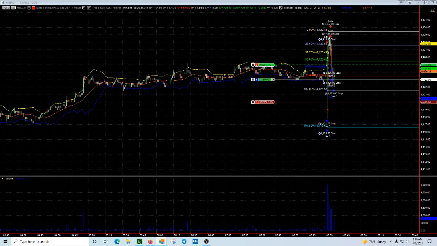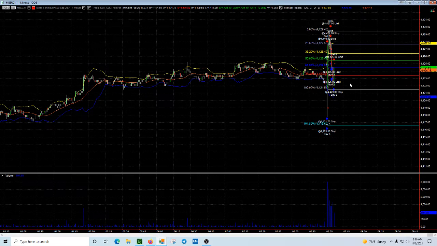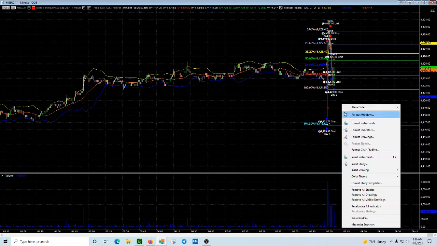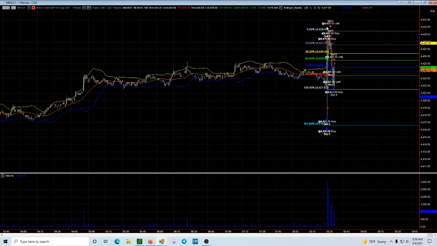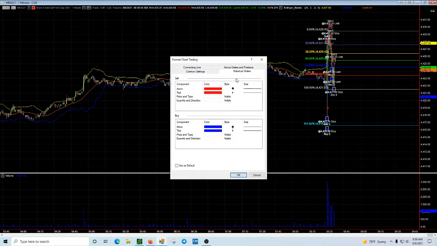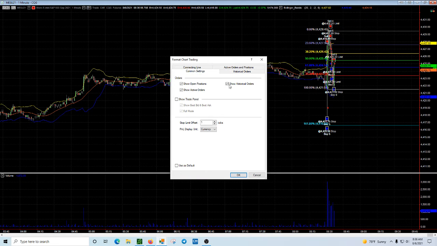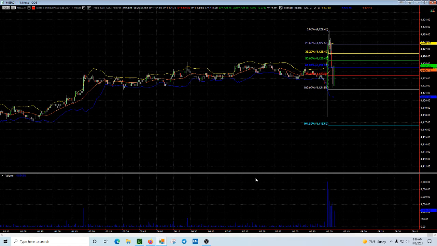Being that it did return all the way to pretty much, as you can see, the 100% Fibonacci level. I don't expect it to. I kind of want to leave these up here. Let me take these off because they tend to clutter up the screen.